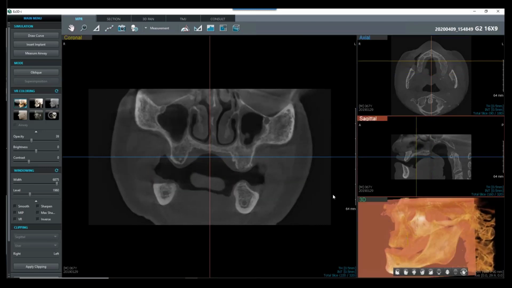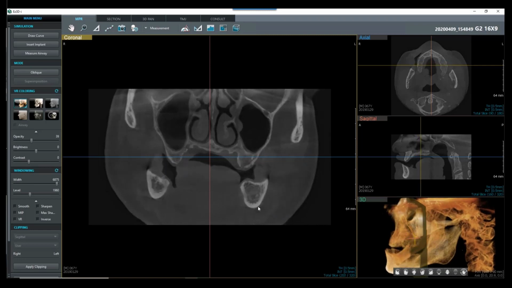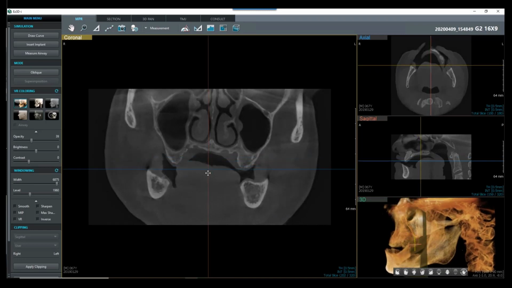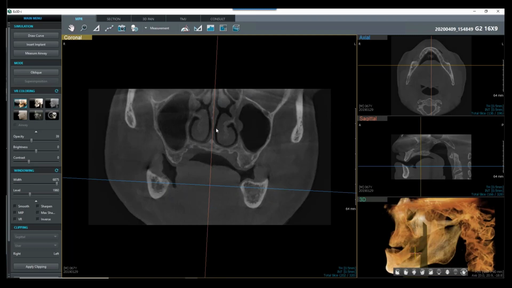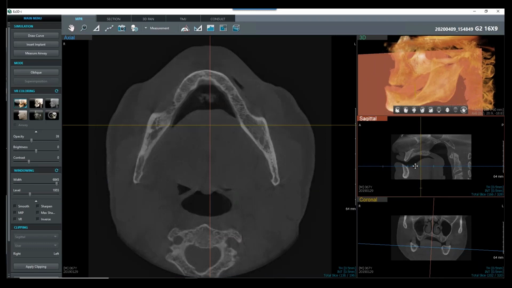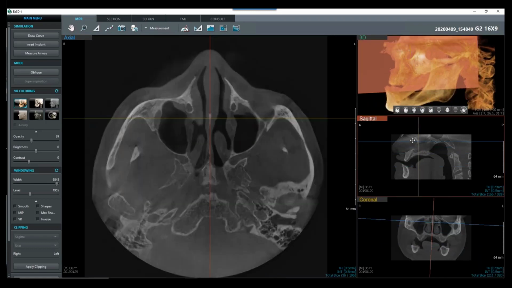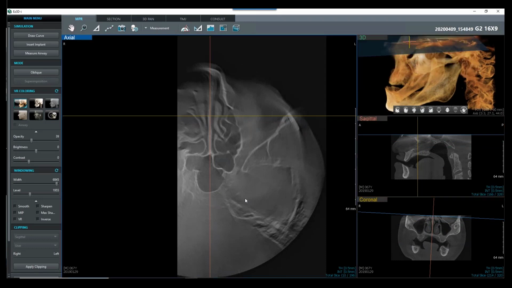So I'm going to move this forward, and let's scroll here. What I'm going to do is grab my axial slice, bring this down, and get this lined up and rotate. There are two different points that I could rotate to get this centered. I could go to the inferior border of the mandible, or I'm going to use a little mylohyoid ridge right here, get that lined up. Now see how we have our center sagittal slice centered there. I'm going to right click on my axial window, switch to main view, and we're going to bring this up to the superior border, just like Paul did on his 8x8